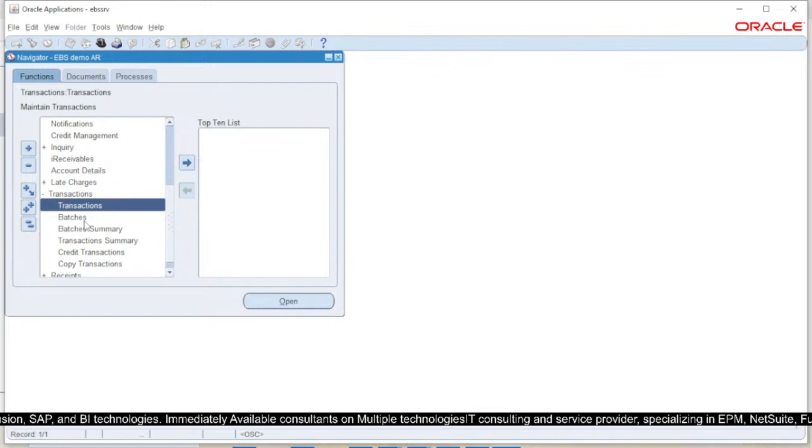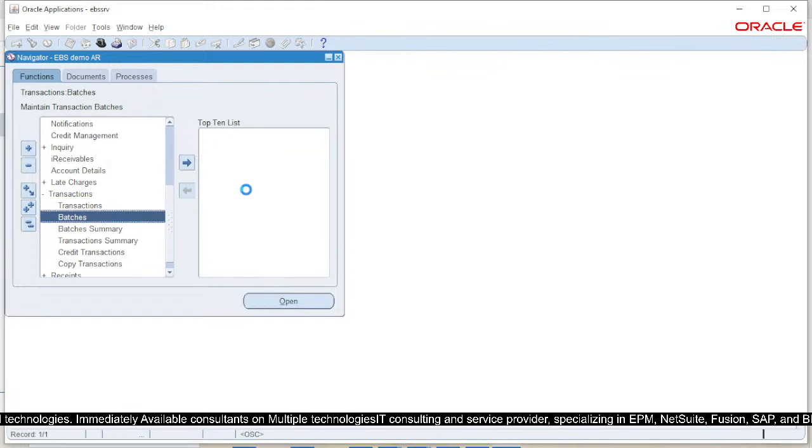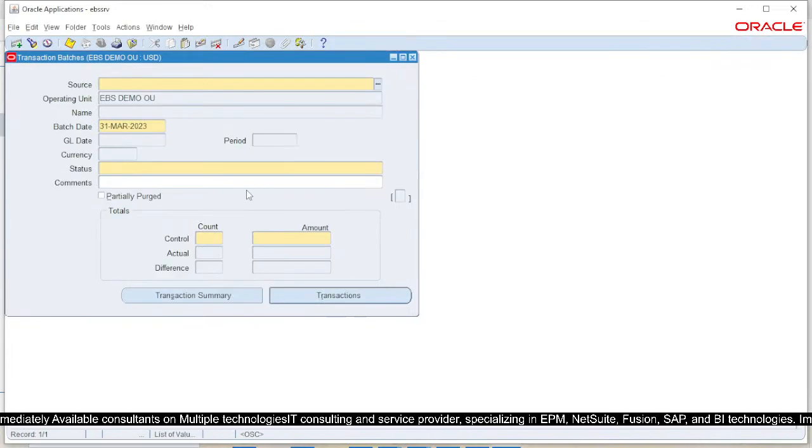So in batches, first open it. Basically, instead of creating transaction one by one can create transaction in batches. Like for a particular source, you can give a source, and under this source, one can enter the control count and amount, like how many. It's like a budget and actual, and in both, what is the difference you can see here in the difference tab. So you can just create one under control account of transaction and a total amount of the transaction here,